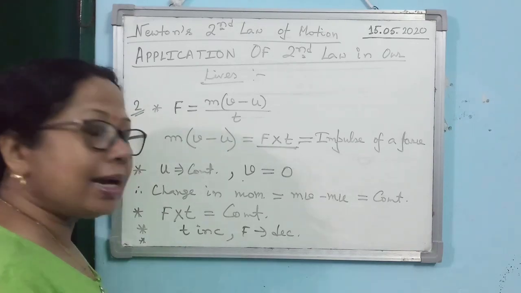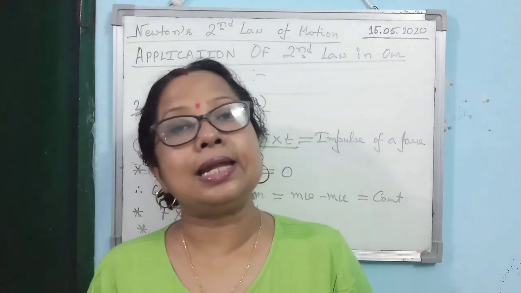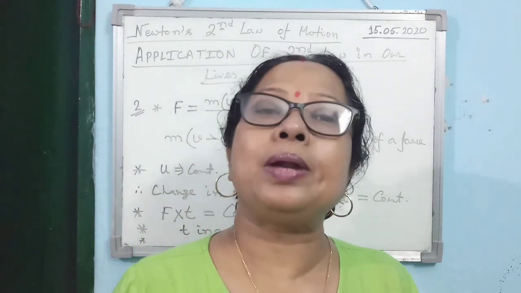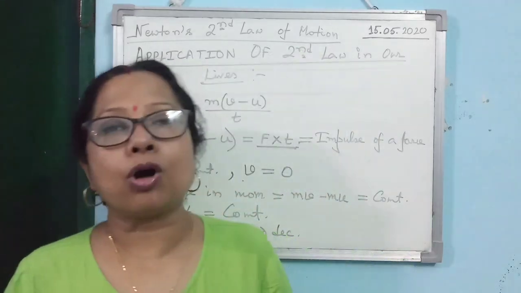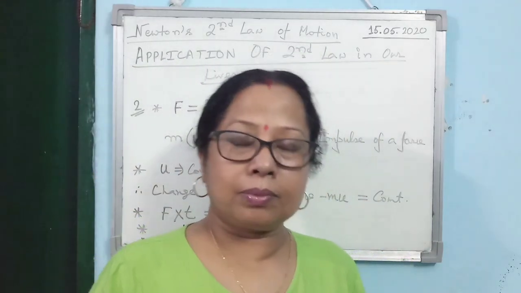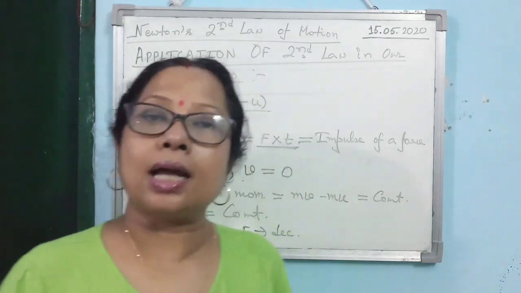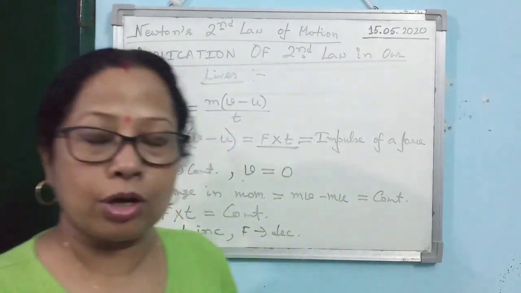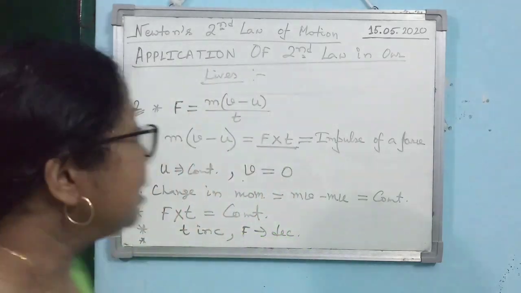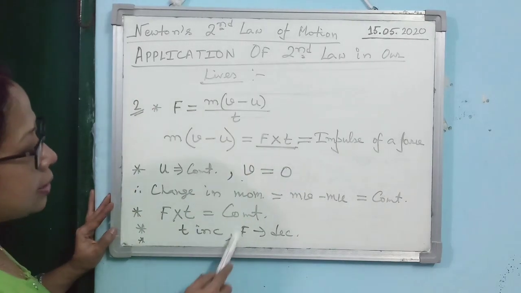So when the player applies less force on the sand, the sand will also apply less force on the player, so the player will not get hurt. Is that clear? So that is the reason why, while taking the long jump or high jump, the player is allowed to take the jump on sand instead of a concrete floor. So how will we handle the answer?